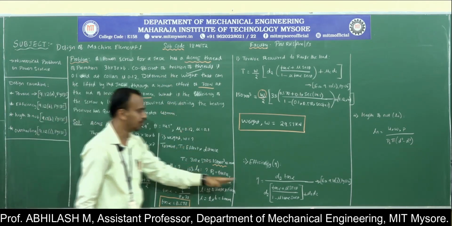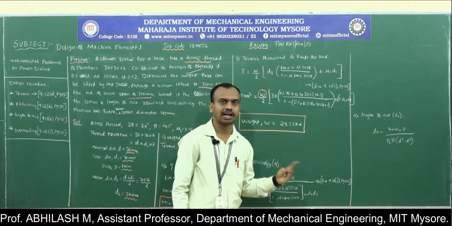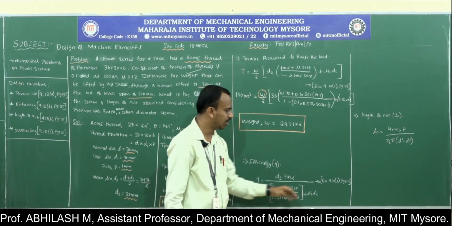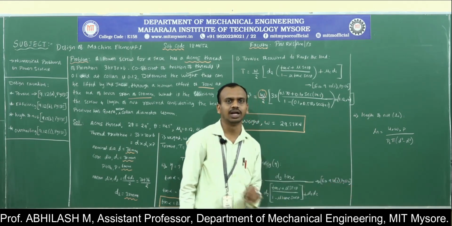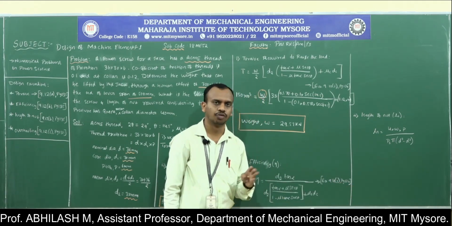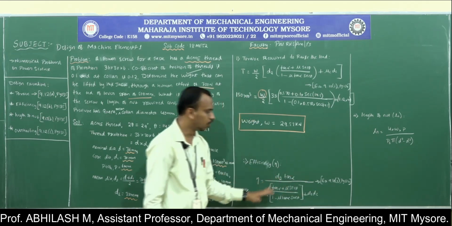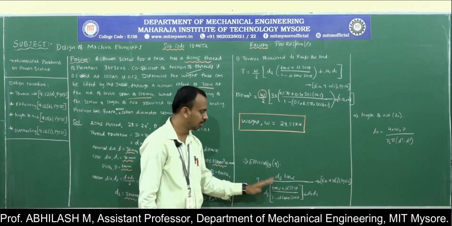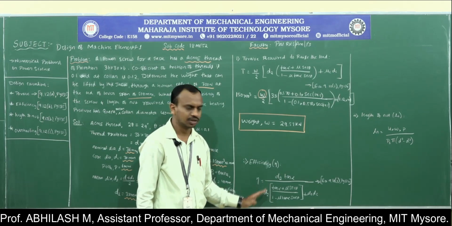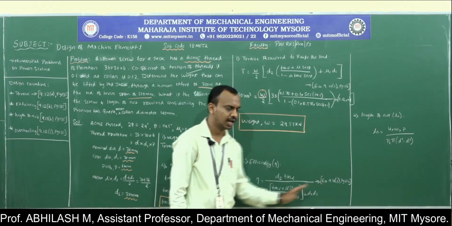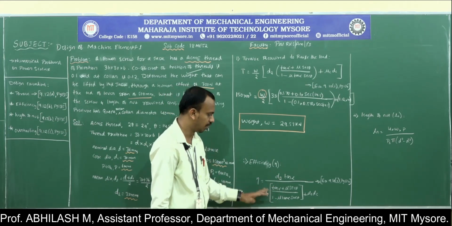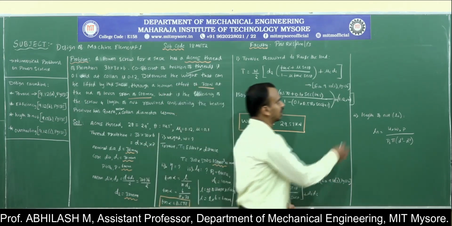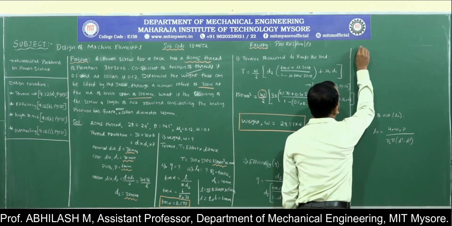Again, we have a relation for the efficiency of Acme thread, and the equation is available in the data handbook in 9.10J under page number 134. Just go to that equation and note it down. You need not remember all these equations. Just refer to the data handbook properly, note down the equation and then substitute the values. We are going to obtain the efficiency. So let us substitute the values and see.